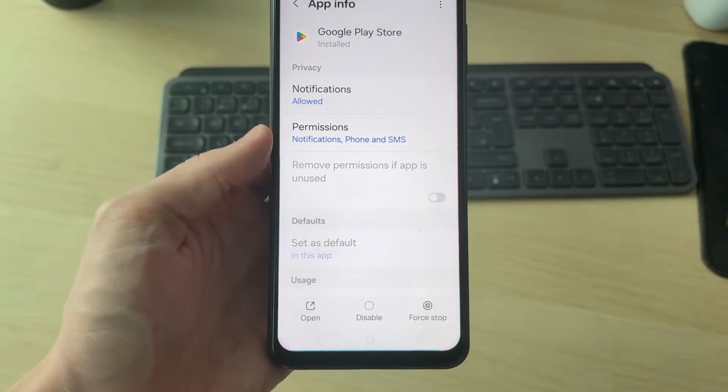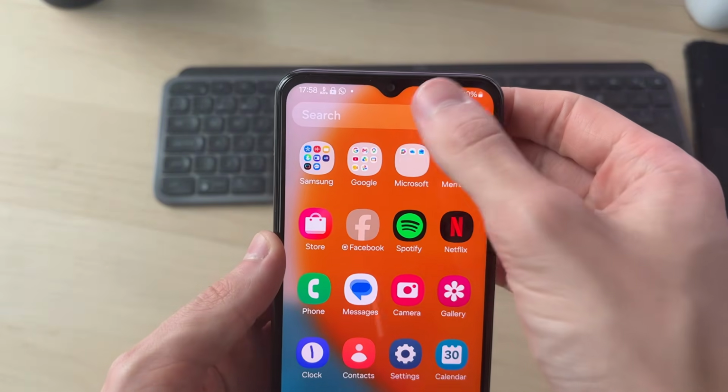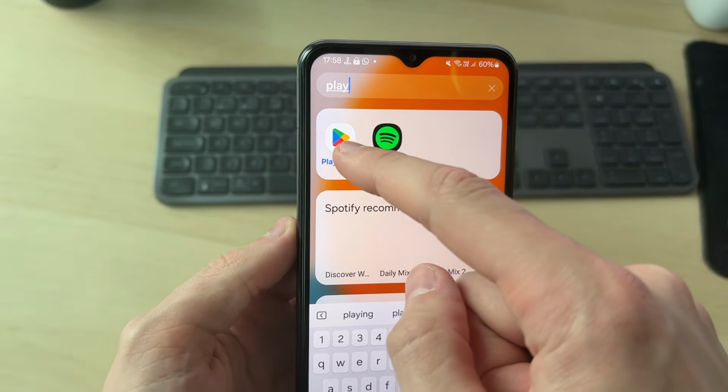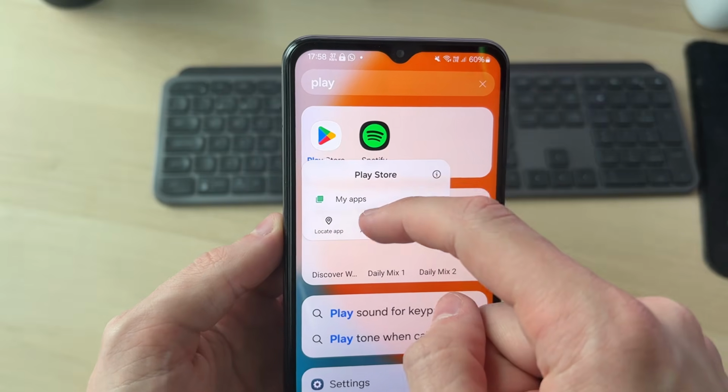So now if I swipe up again and press search at the top, you can type in play, and it's now there. If we tap and hold on it, we can add it back to home,